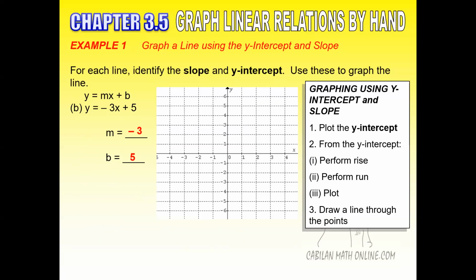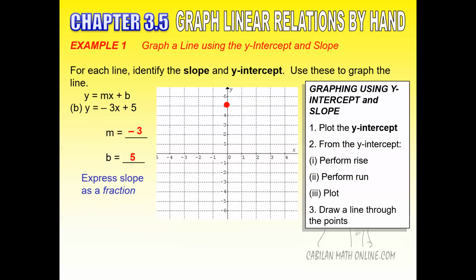So the way we do this, again, following instructions, step number 1, we're going to plot the y-intercept. What we have here is a y-intercept of 5. So from the center here, we're going to go up 5. Okay, so that's step number 1. Right, step number 2, we're now going to use the slope to plot the second point. Now remember, the way we do this is, since we have a whole number here of -3, we need to